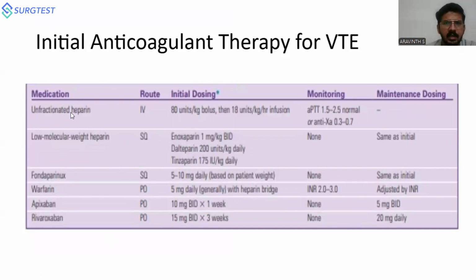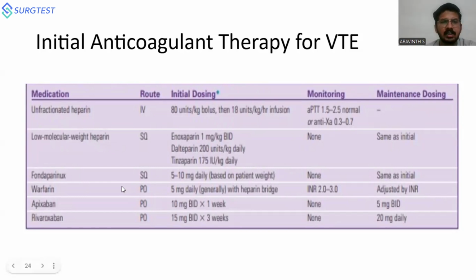Usually, unfractionated heparin you do not prefer all the time, except in patients with severe renal dysfunction, where you want to titrate and reverse it quickly because you have protamine available. If you feel the patient has a high risk for bleeding and there's a possibility of reversing, then you use unfractionated heparin. Otherwise, you go for low molecular weight heparin. And these are the corresponding doses and the monitoring. Unfractionated heparin you monitor using APTT, while low molecular weight heparin you don't need to monitor, of course, except in